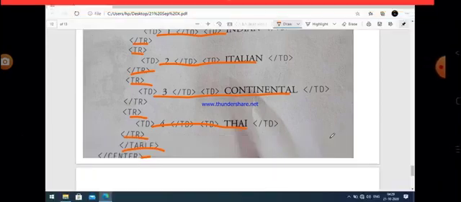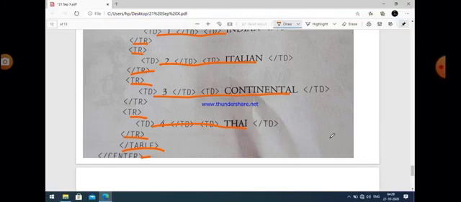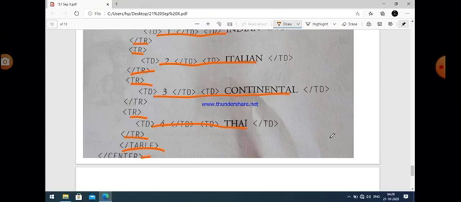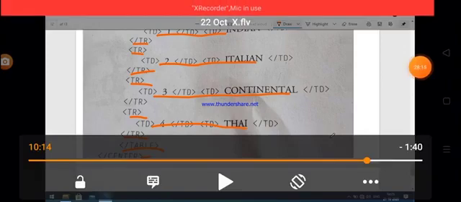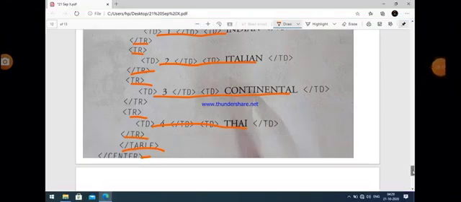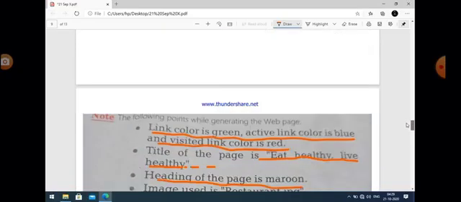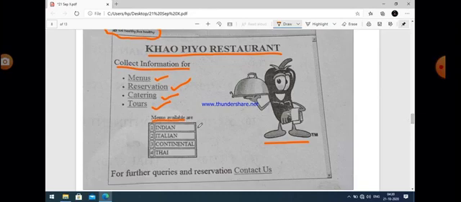And the second important thing is that the table heading color is given as blue, so we just write the font tag for that purpose. Okay, now after writing this code, the table part of this web page is complete.